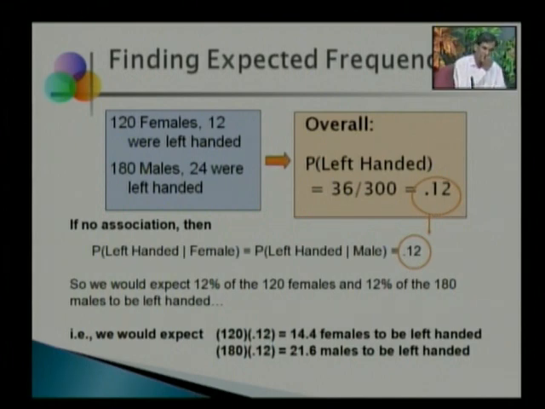To calculate the expected frequencies, we have 120 females and 12 were left-handed, 180 males and 24 were left-handed. So the overall probability of left-handed is 36 divided by 300, because out of 300, 36 are left-handed. So the probability is 0.12. If there is no association, the probability of left-handed female is the same as